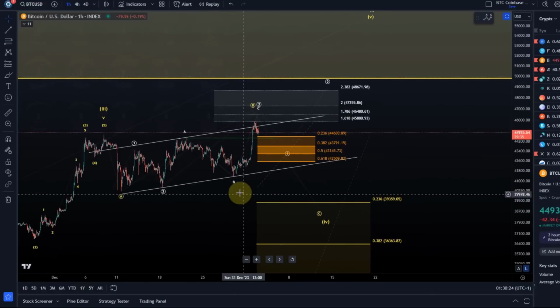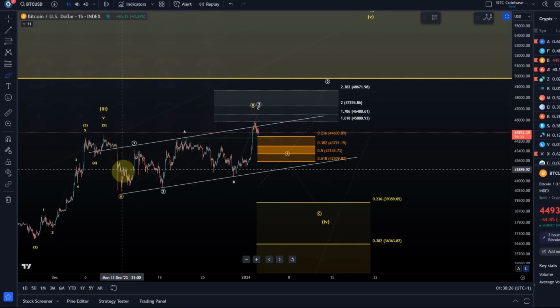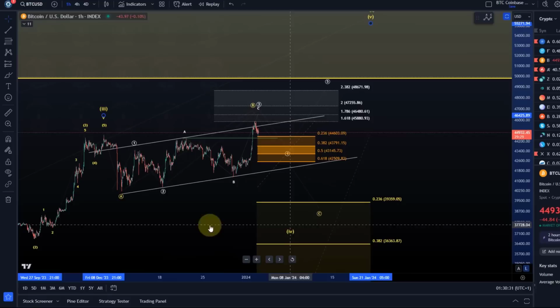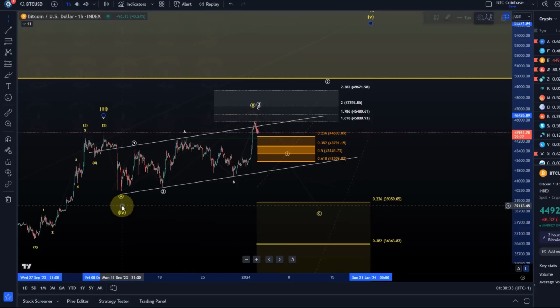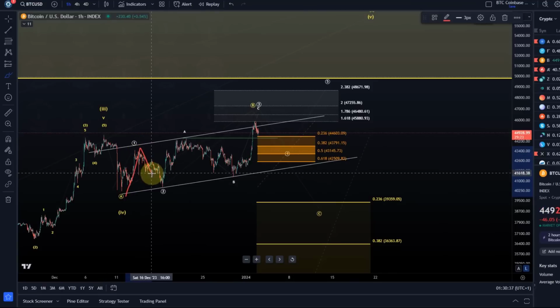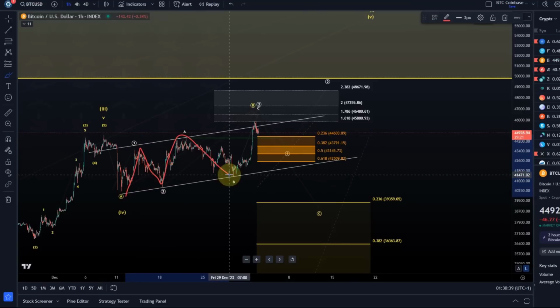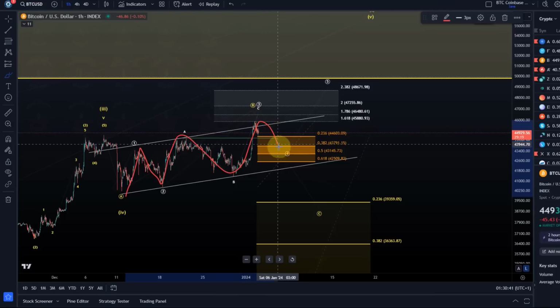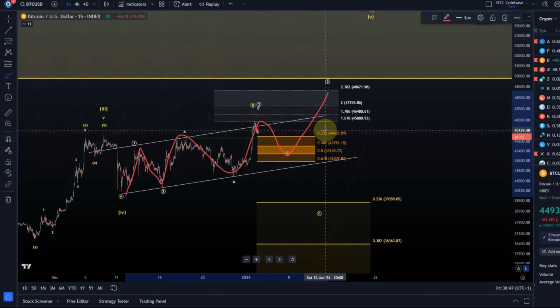So the short-term bullish scenario, obviously, is this diagonal pattern to the upside in which the wave 4 already finished here on the 11th of December. Then this is a wave 1. This is a wave 2. We have an A, B, C in wave 3. This is a wave 4. And one more high to come in wave 5. And if that takes us to 50K or not quite, we'll see. It doesn't need to, because this could obviously just be the first 5-wave move of an even larger 5-wave pattern.